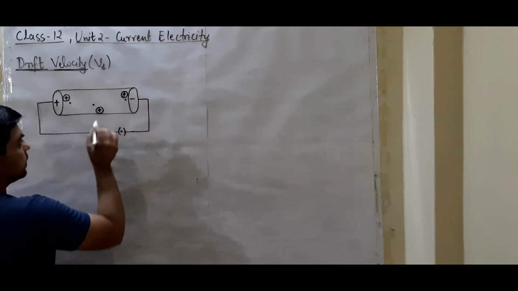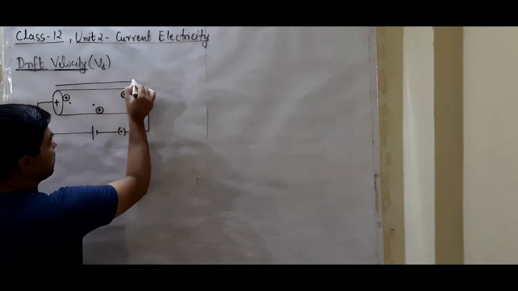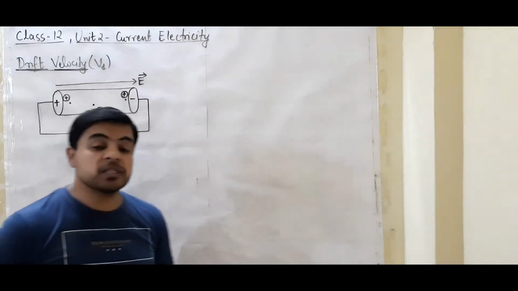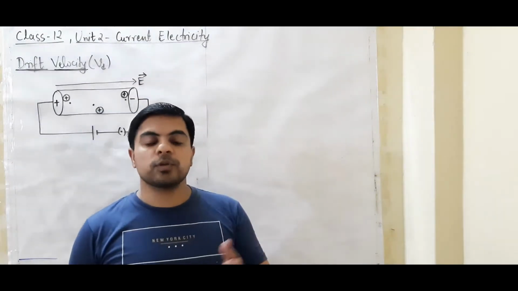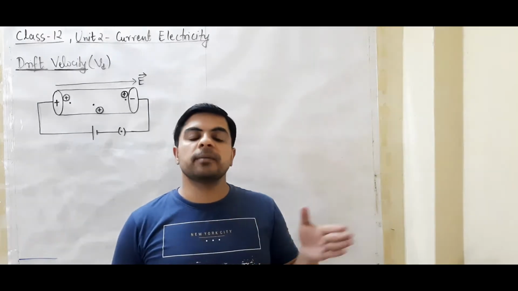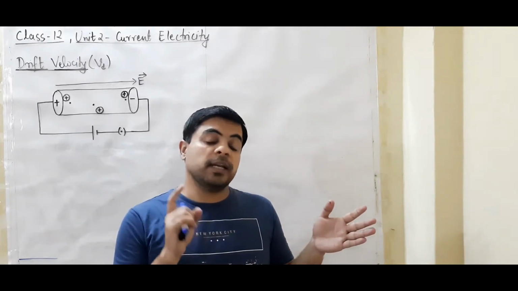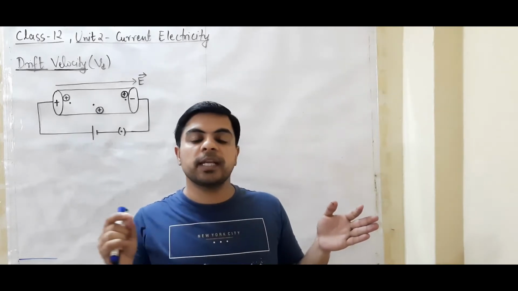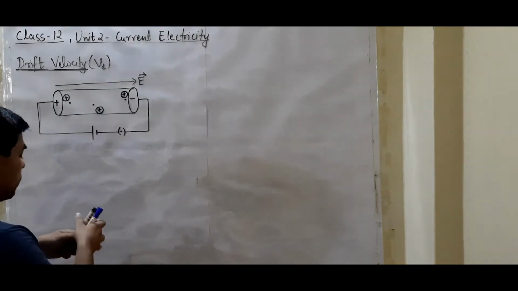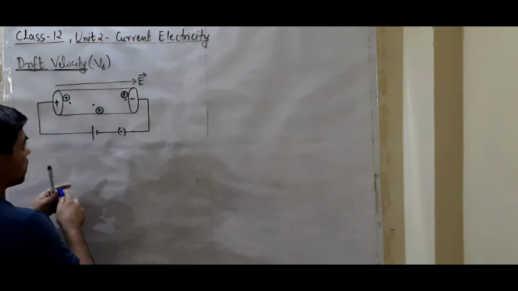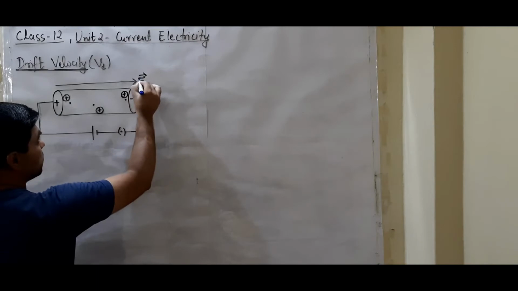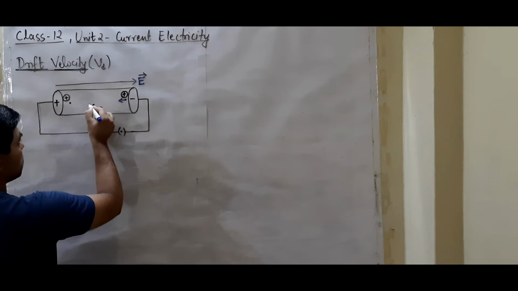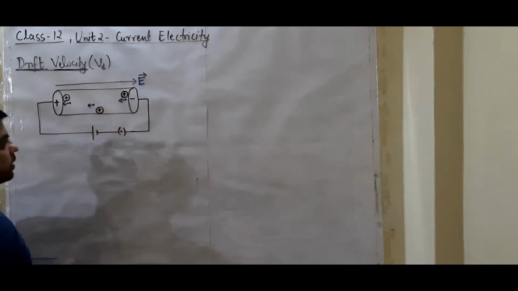Due to the emission of an electron from the atom, the atom becomes a positive ion. Now when the circuit is closed, instantly an electric field is developed across the wire, and this electric field has a tendency to exert force on charged particles. For a positive particle, it exerts force in the same direction. For a negative particle, that is our free electron, the electric field exerts force in the opposite direction, that means towards the positive end of the conductor, and they start moving in a definite direction.